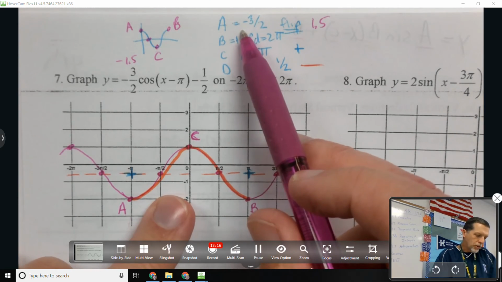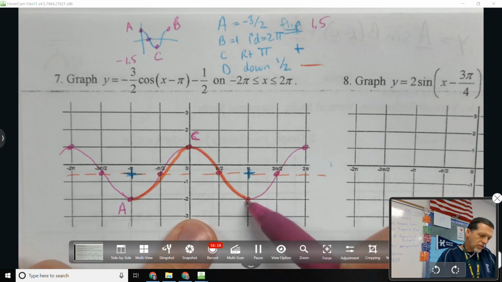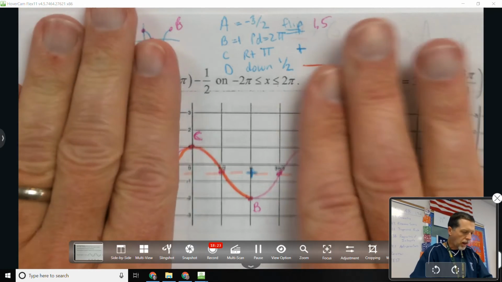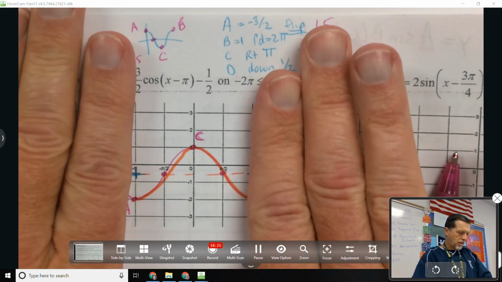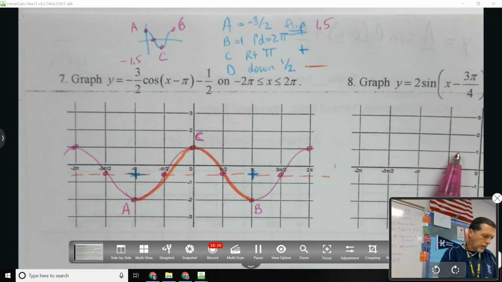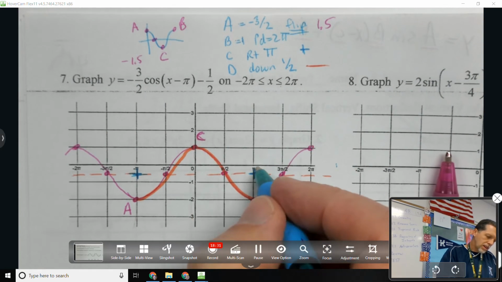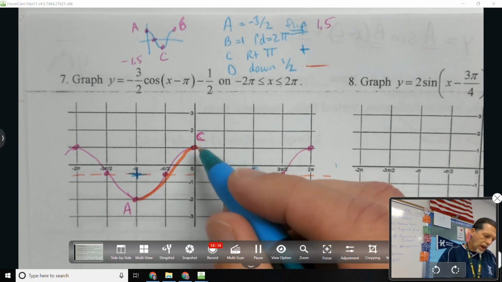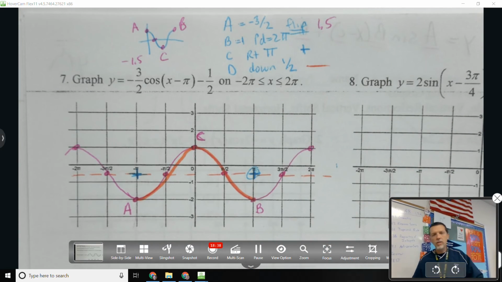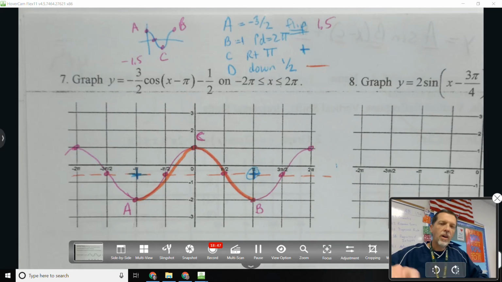So we have an amplitude of 1.5. Yep, that's what's going on in my picture. Period is 2 pi. Yeah, from 0 to 2 pi, we see the whole thing. That's one cycle. We started by going right pi, and our vertical shift was down 1/2. So kind of a quick check. All right, let's move to